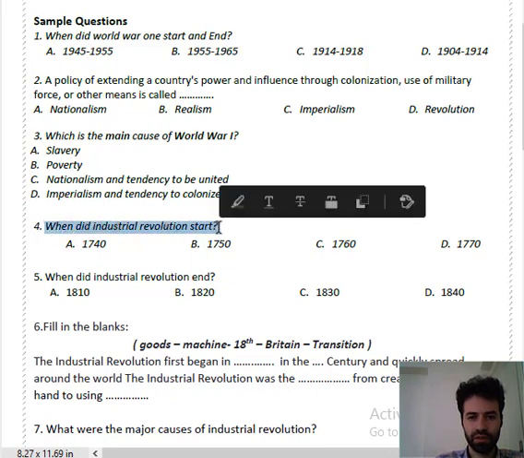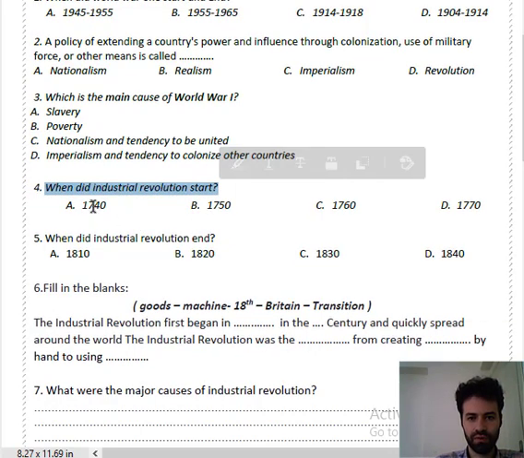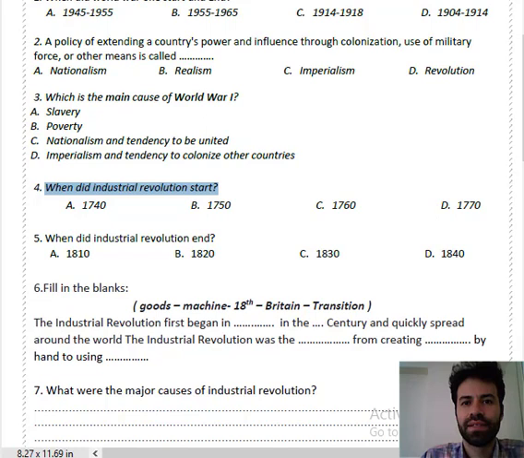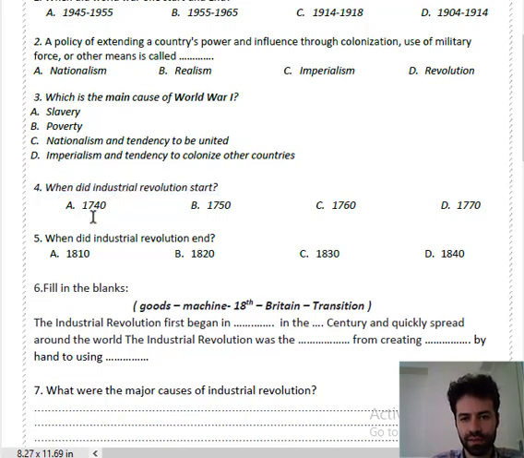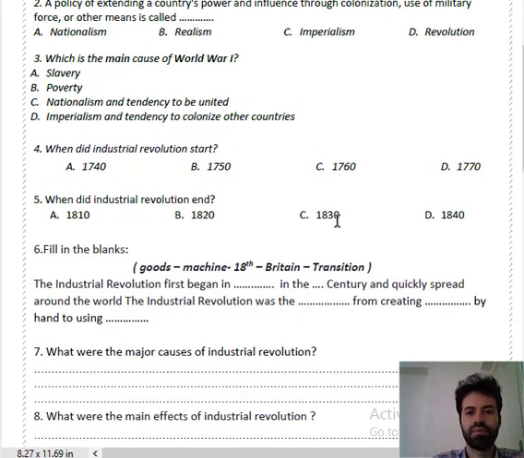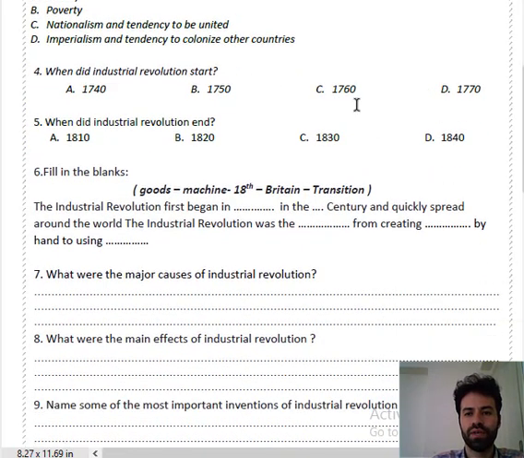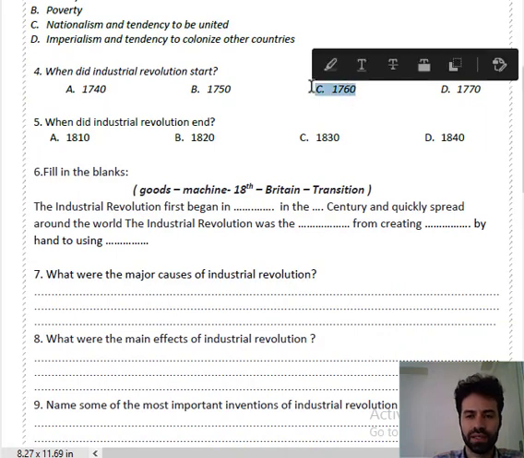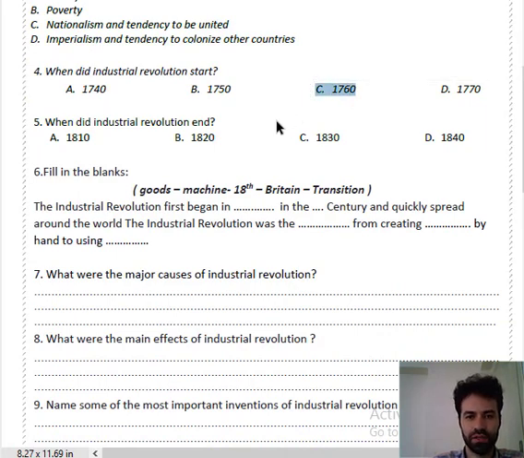When did the Industrial Revolution start? 1740, 1750, 1760, or 1770? So the correct answer is A, B, C, or D. Which one? Very good. It is C, 1760. The Industrial Revolution actually started in 1760 and ended, in the next question we are asking,